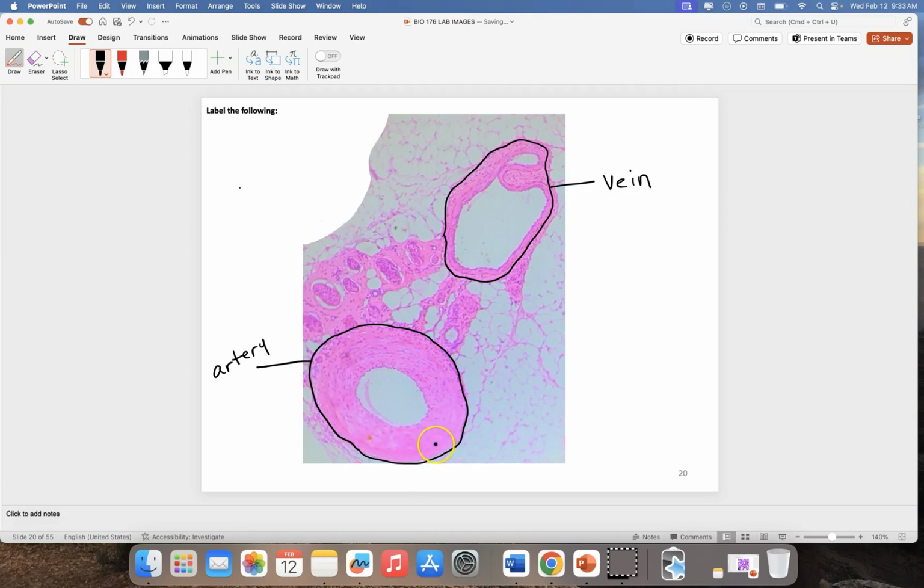That's why they are rounder, and they have a thicker smooth muscle layer, and that's known as the tunica media. That's what we're seeing there, is we're seeing that thicker tunica media, and that is going to be made of smooth muscle,